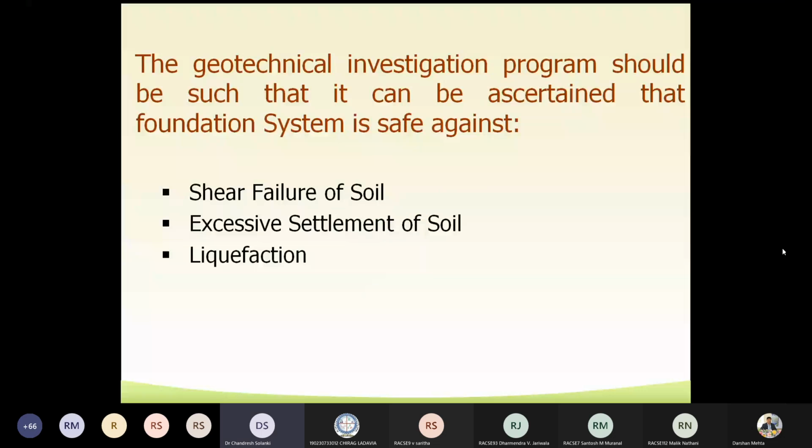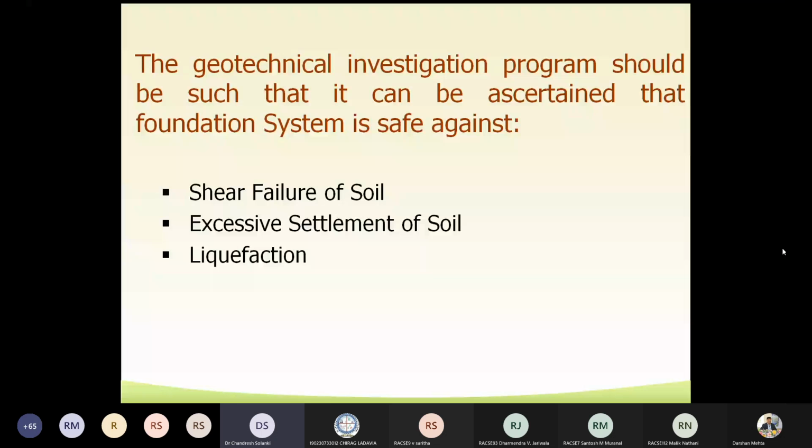Whenever we are going for any geotechnical design, we need to satisfy some criteria. Whenever you are going for general foundation design and you are adopting the bearing capacity for the foundation, we are required to check certain criteria. We need to say that in the foundation design, shear stress on the soil mass should not exceed the shear strength of the soil. The permissible limits given by the Indian Standard Code should not be exceeded for